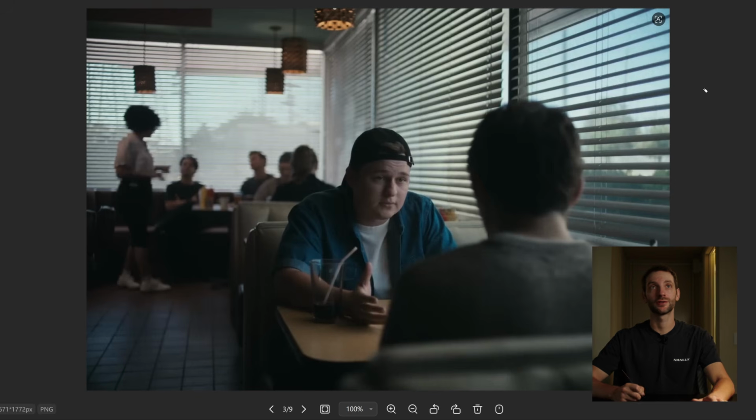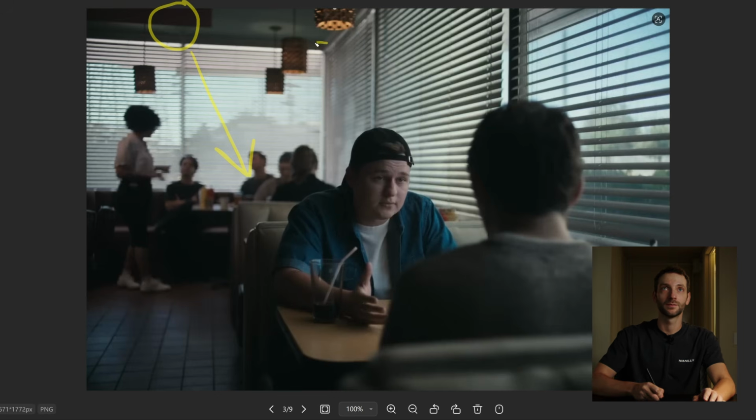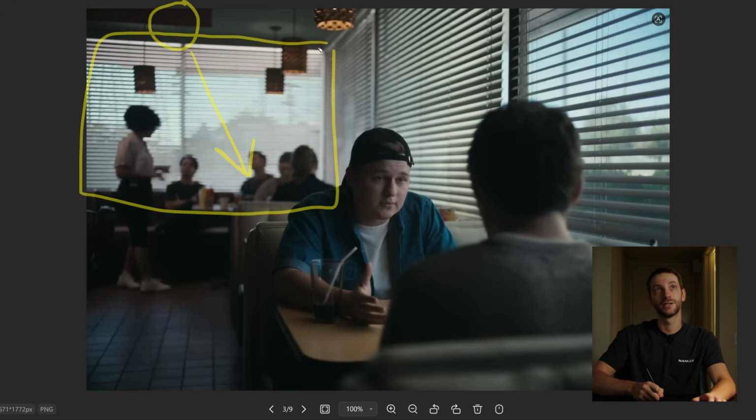Next, we're looking at the screenshot from the diner. Let's try to reverse engineer it. We need to figure out where our sun is. It looks like it's a high noon, the sun being somewhere in that corner, but none of it is hitting inside of the diner. How I'm able to tell is that this window is much brighter than anything else. Additionally, this little overhang here is getting some level. And I think what that is, is the sun hitting the pavement